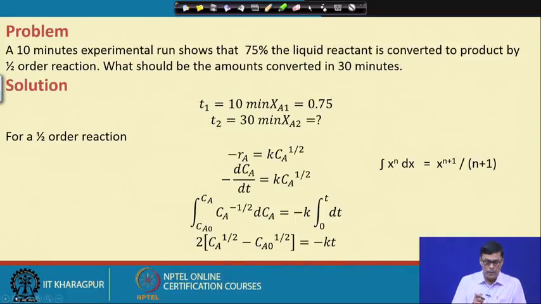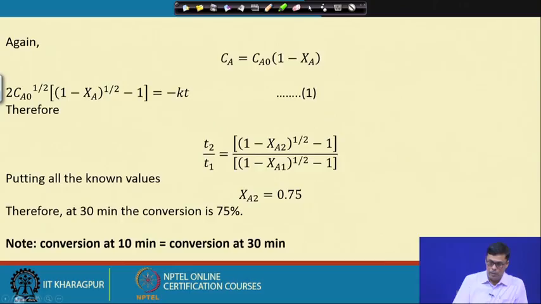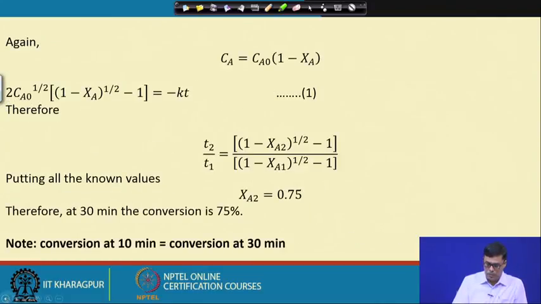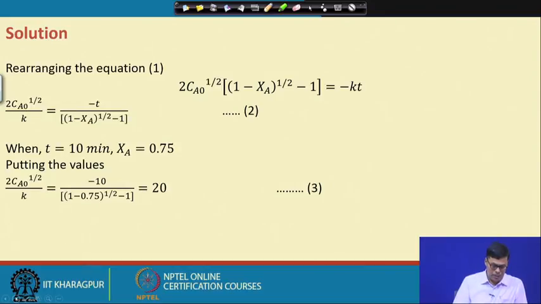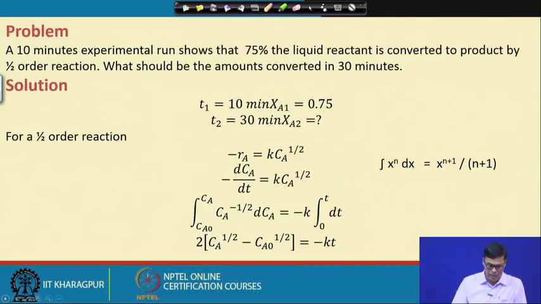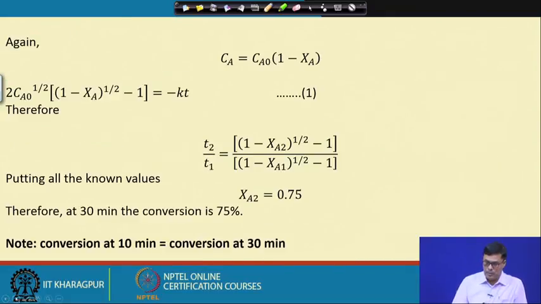Now, what we have done here: the problem was that at 10 minutes the conversion is 75%. When we calculated here, we also find that after 30 minutes the conversion is 75%. So in both cases the conversion is the same. Now we try to find out why this is happening, and then we have tried to develop the correlation that we have here, with respect to